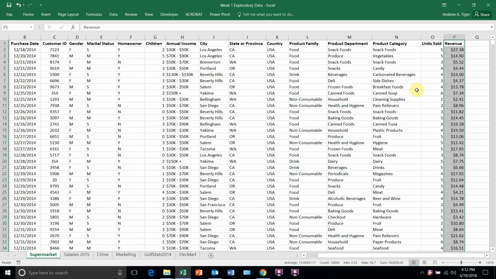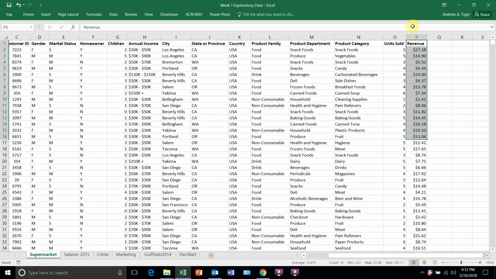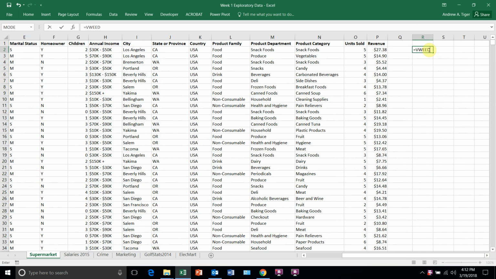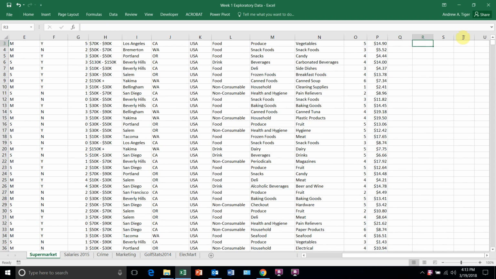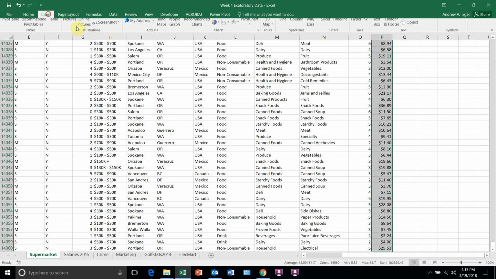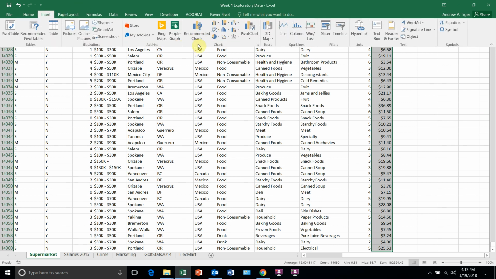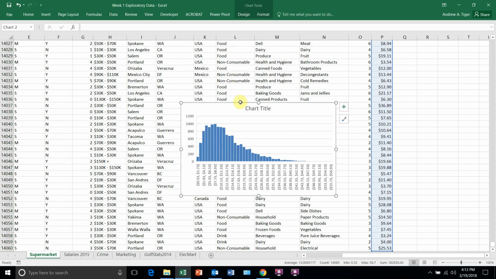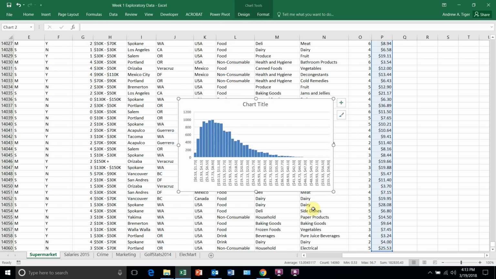So as an example, in the supermarket worksheet, I've got revenue over here, and I could easily calculate what the average is. And the standard deviation, but that doesn't really tell me a shape. So what I'm going to do is highlight this, and then go under Insert, and this is Excel 2016, and I'm going to pull the histogram,